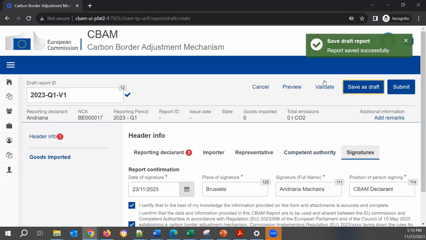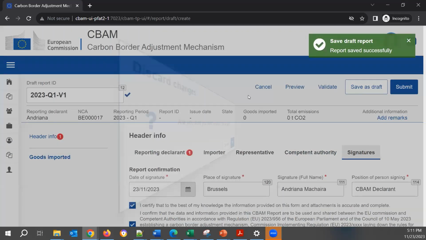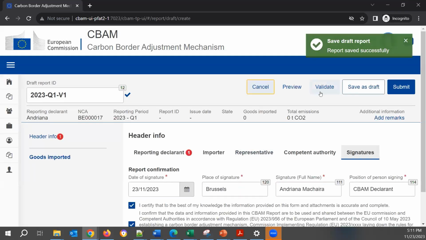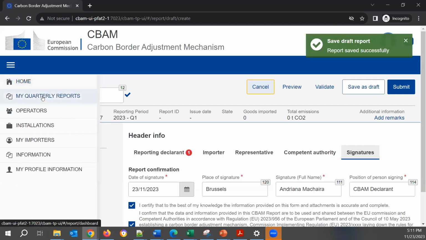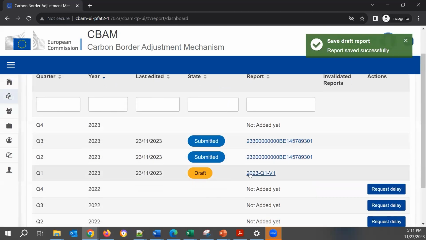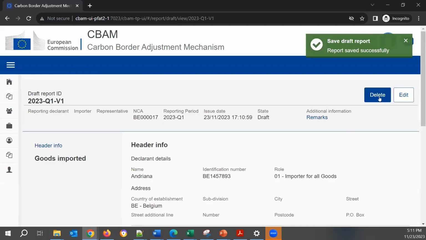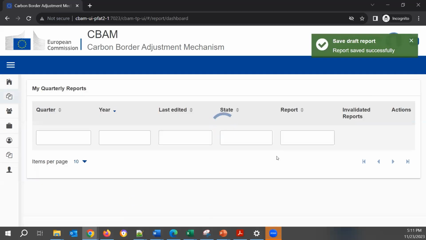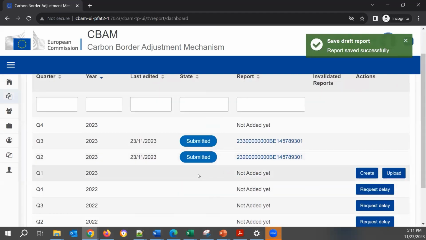I can save it because it is not validated. And I go back to my quarterly reports. I can see my draft here. And if I open it, I can delete it. So now, since I deleted it, I can upload an XML.